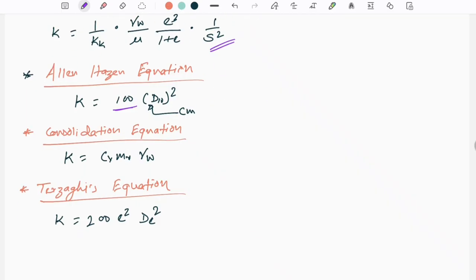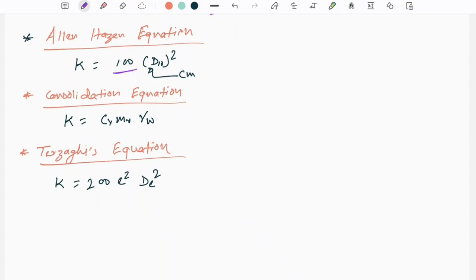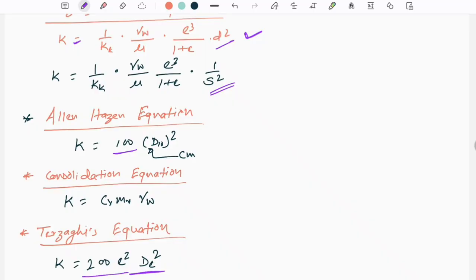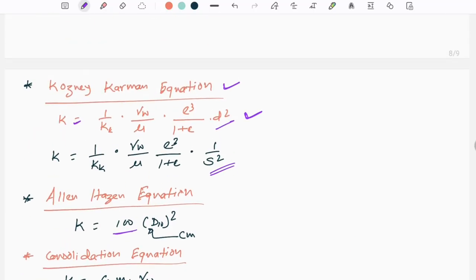Now next one is the consolidation equation. Here the permeability K is equal to Cv, Mv and gamma W. Cv is the coefficient of consolidation, Mv is the coefficient of volume compressibility, and gamma W is the unit weight of water. Next one is Terzaghi's equation, in which K is equal to 200 E square into dE square. So these are empirical relations from which you can find out the